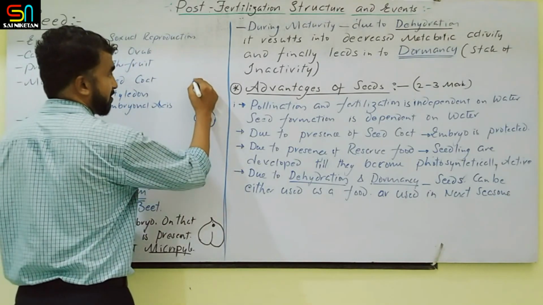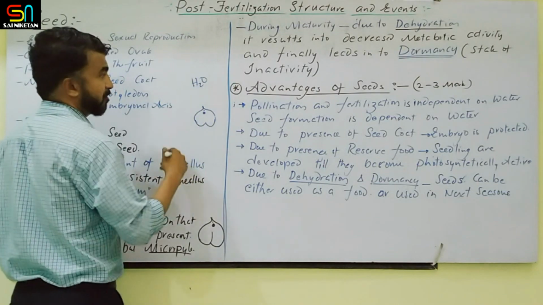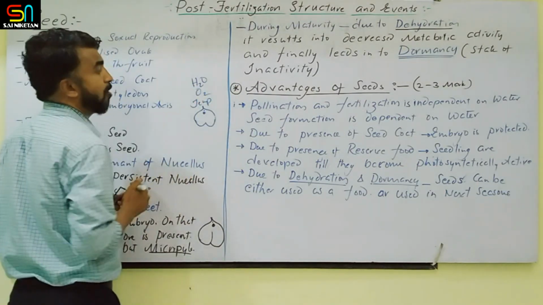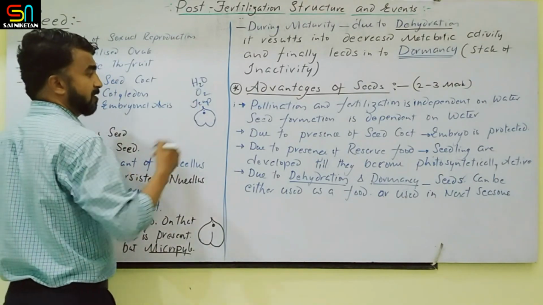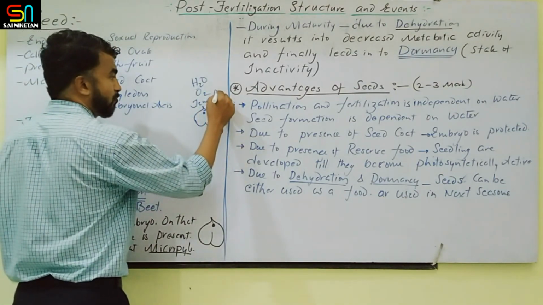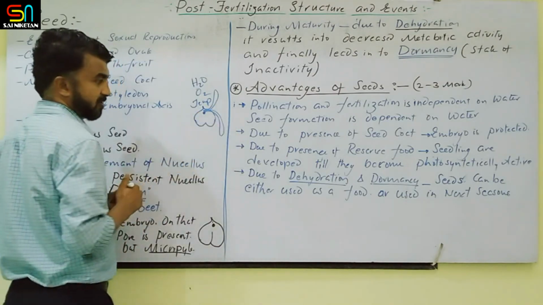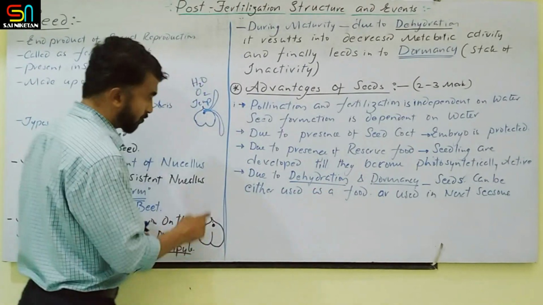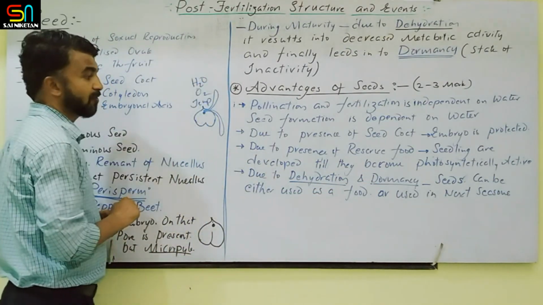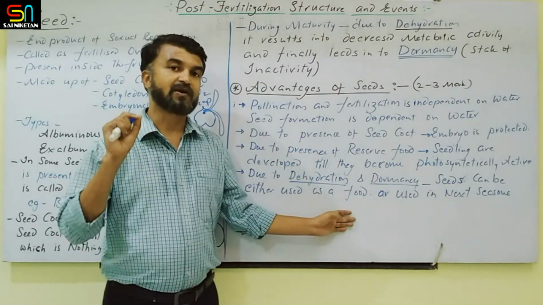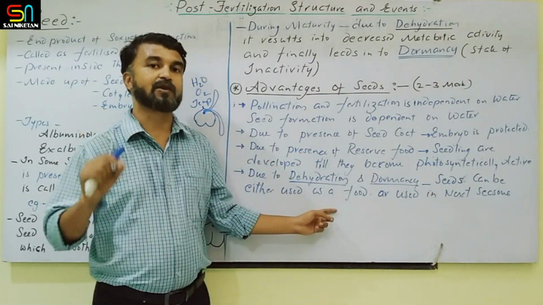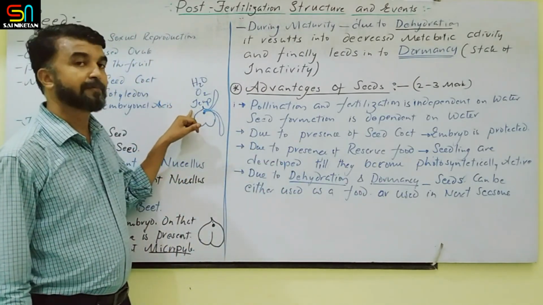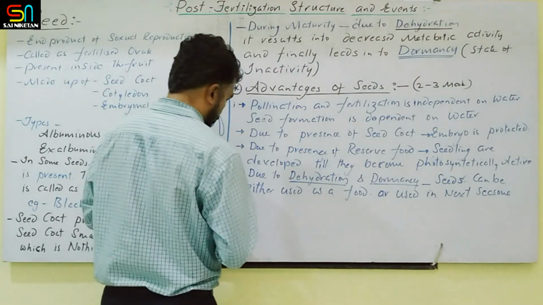Yet if you provide water in the form of moisture, oxygen and temperature, that is nothing but warmth. Clear? So if you provide this, gradually from this micropyle, plumule will come outside and radicle will come outside. Then only they will germinate. Till then they are dormant. So through this micropylar end only plumule and radicle will come. So germination will take place only when the seed gets suitable conditions. Suitable condition means water, oxygen and temperature. So this is the fourth point.